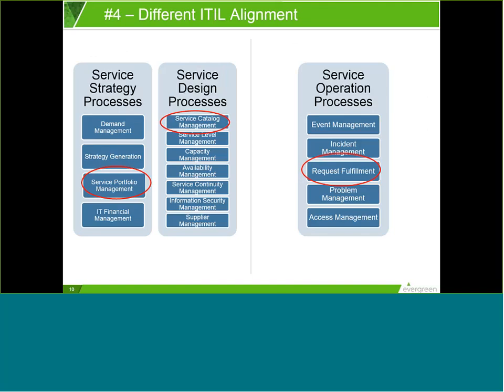Those of you who are familiar with the ITIL framework clearly understand that ITIL differentiates the stages in which the service portfolio, service catalog, and request portal operate. Service portfolio is aligned with the service strategy, and the service catalog aligns with the service design phase, and the request fulfillment aligns with service operations. By realizing that the request portal is part of daily operations while the service catalog is aligned with the business strategy,